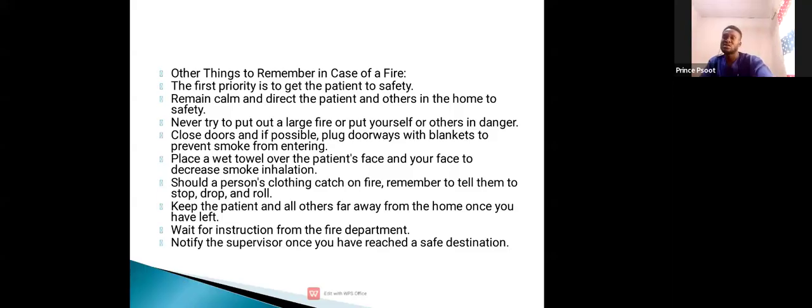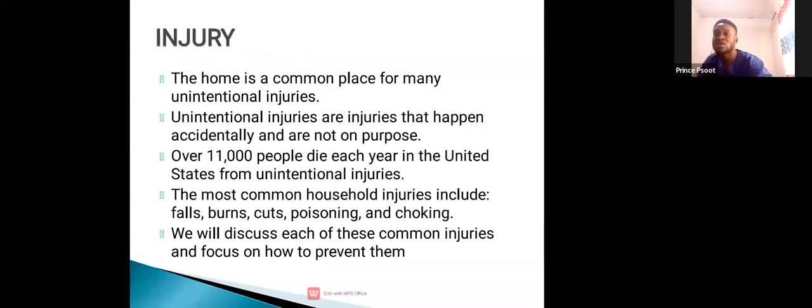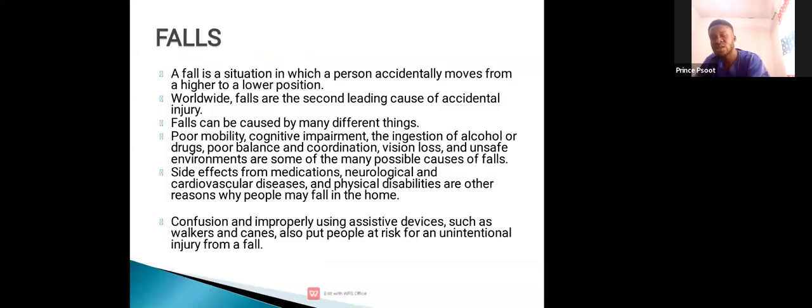We have come to the end of this particular topic, which is safety and injury prevention. So, don't get hurt. Be alert. Here we mentioned the introduction as what we'll be discussing, and we discussed what an injury is and the epidemiology of injury all over the world and in the USA. Then we talked about types of injuries that we have,